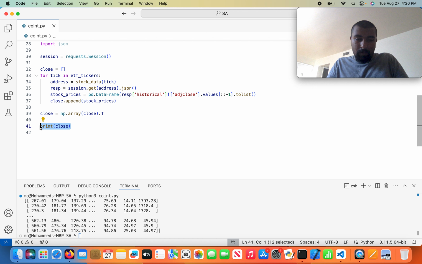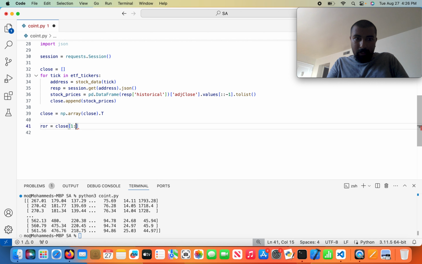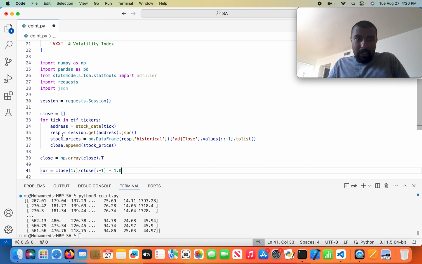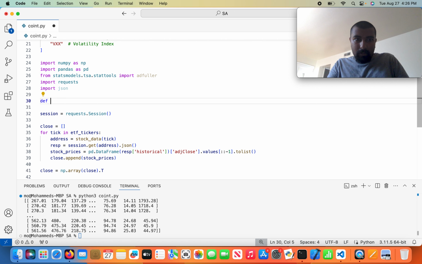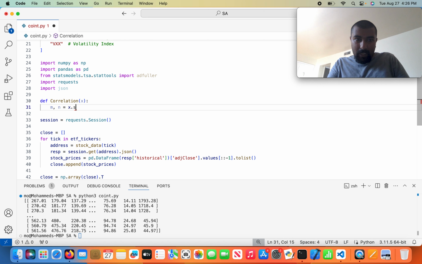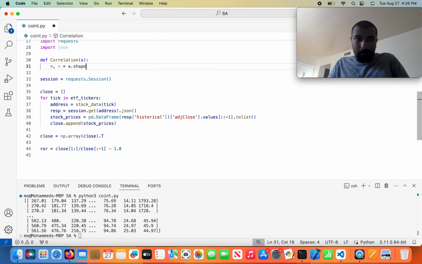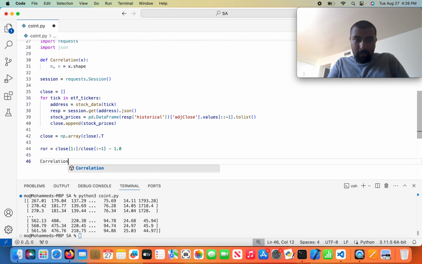So now I will do a rate of return. So ROR equals close. Since we reversed it, it's going to be 1 onwards, and then close -1 minus 1.0. Okay, good. So the next step for this is to calculate the correlation matrix. So correlation of x, so it's going to be m and n equals x.shape. Yeah, so ROR is going to be put into this, so it's going to be correlation of ROR,